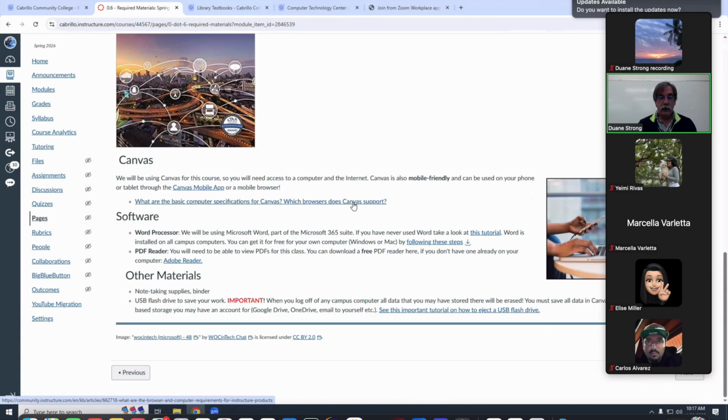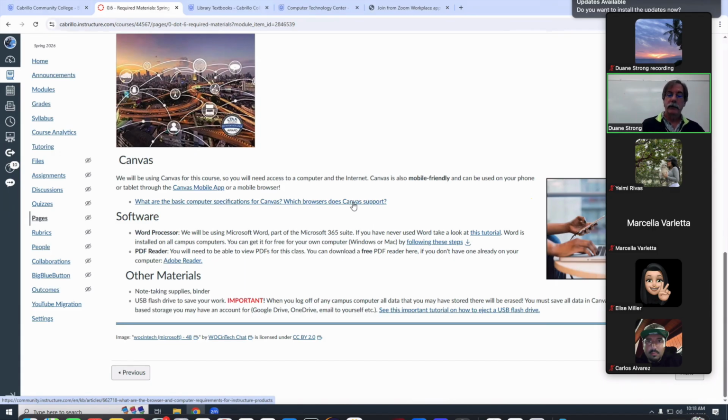If you want to use it on your own computer, if you don't already have it, you can install it for free as long as you're an enrolled Cabrillo student. And I have the steps right here for doing that. It can be a little tricky. So if you can't figure it out from the steps, just come in and either talk to me on Zoom or come into the labs and we can set it up for you. The crux of it is you have a Microsoft account that's your student number.